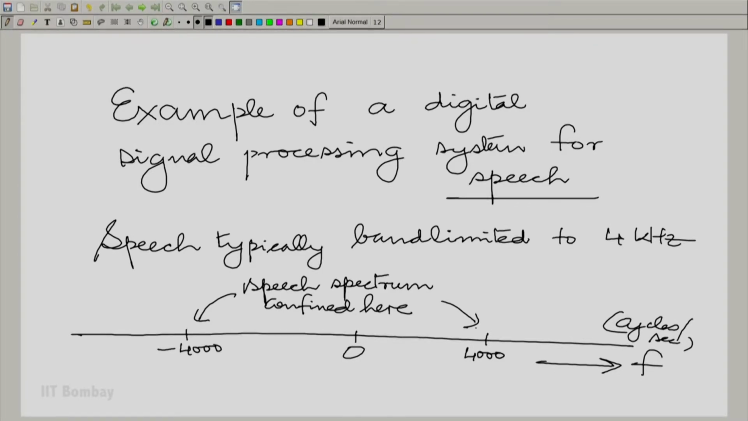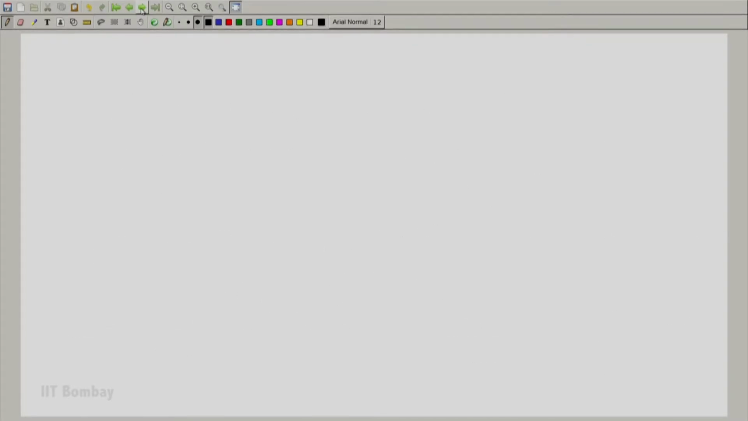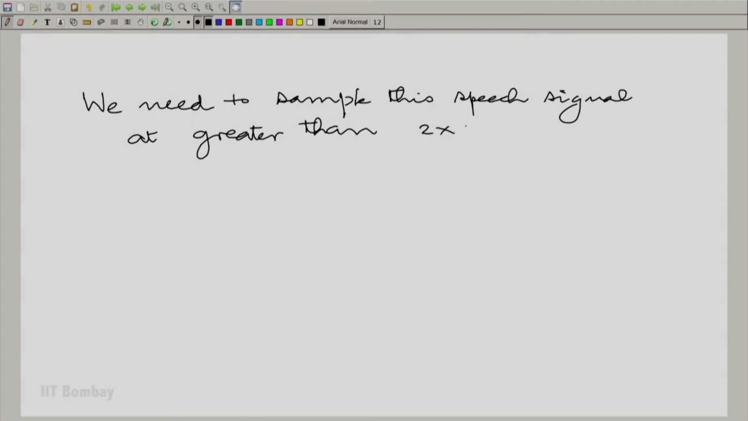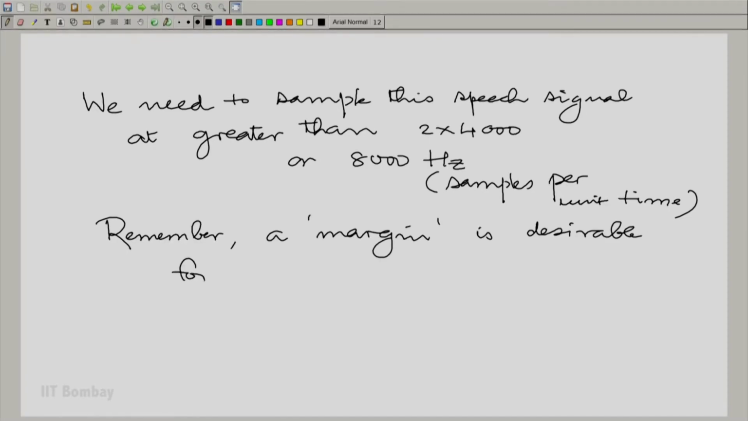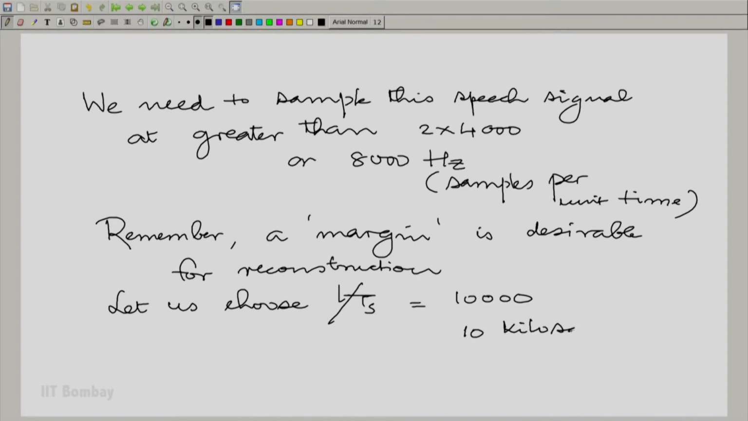Now, we have been talking about sampling and reconstruction. So, we can of course put down a requirement on sampling. We need to sample the speech signal at greater than 2 into 4000 or 8000. When I say hertz here, of course, I should rather write samples per unit time. So, for example, remember we wanted a margin. So, let us choose a sampling rate of say 10 kilohertz,